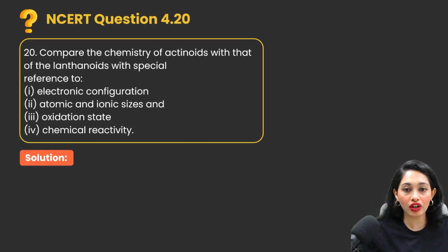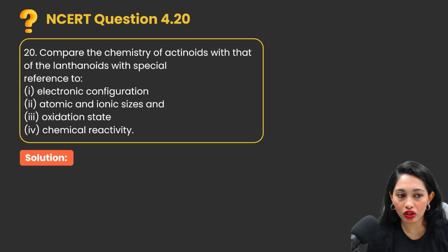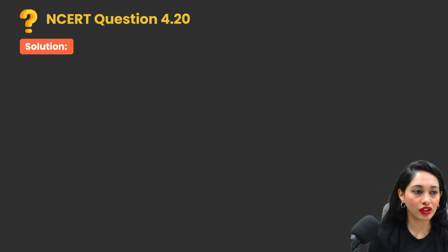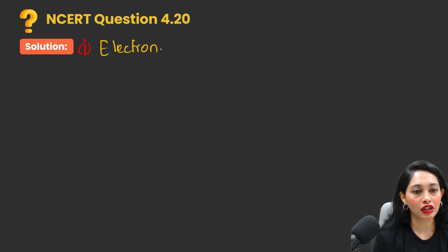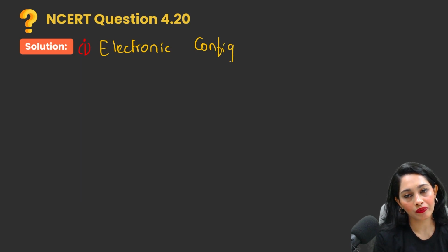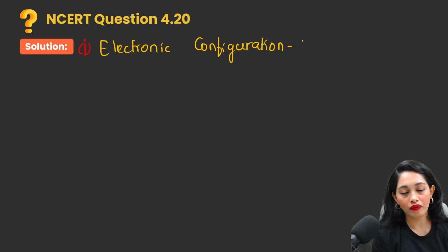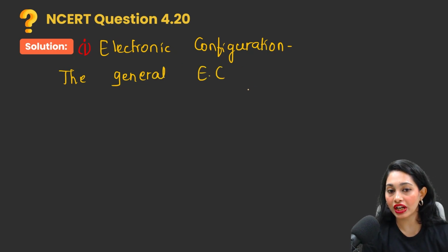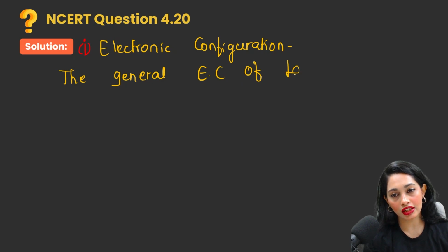Compare the chemistry of actinoids with that of the lanthanoids with special reference to electronic configuration. We need to compare the actinoids and lanthanoids with respect to their electronic configuration, atomic sizes and ionic sizes, oxidation state, and chemical reactivity. So let's get started. First one is electronic configuration. This is pretty simple. So when we talk about the general electronic configuration (EC) of lanthanides,